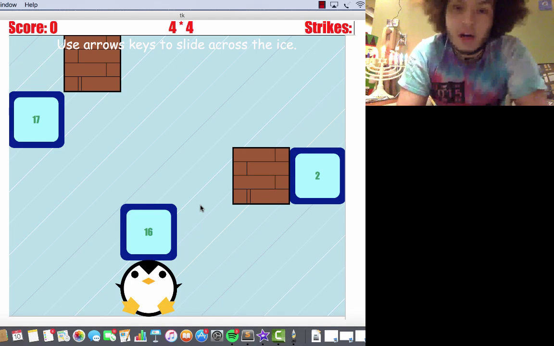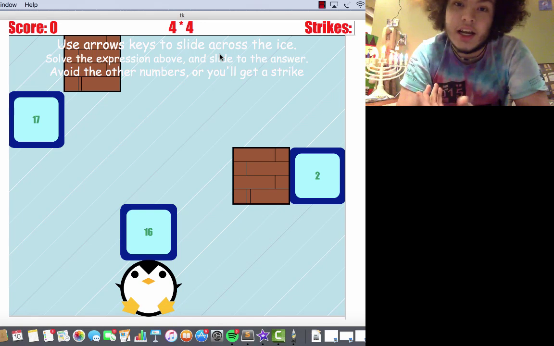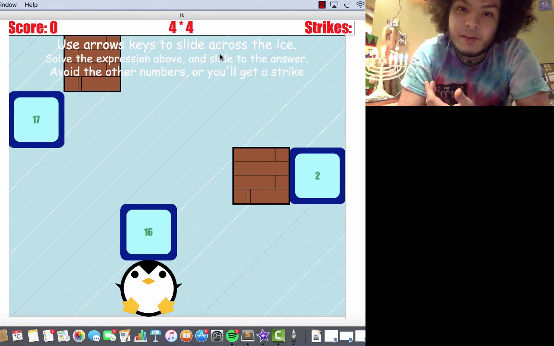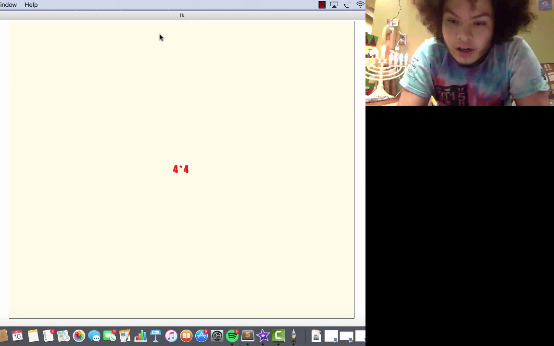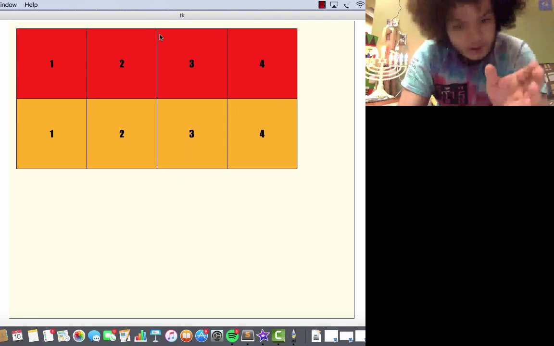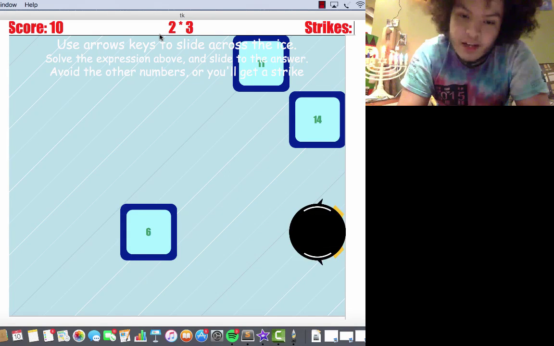I designed a program called Ice Rush, and it's very similar to an ice puzzle, except that it attempts to help children practice their multiplication and addition. The way it attempts to achieve this is by having them solve for an expression that's displayed at the top, and then move on the ice towards that expression. Then it will show them an animation just like this that attempts to create a visual representation of whatever